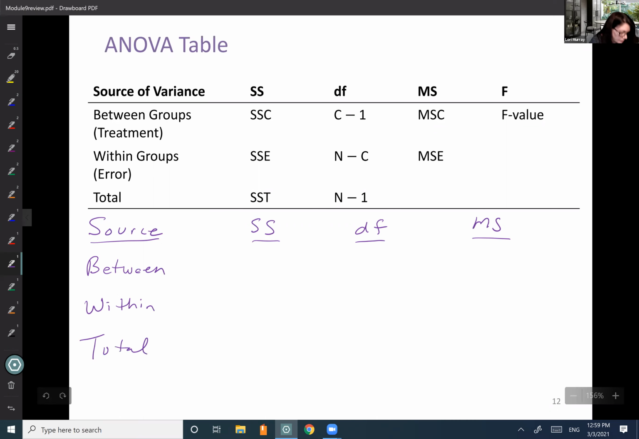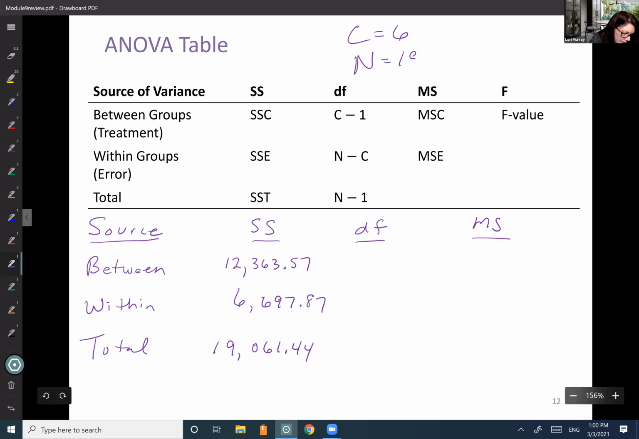The sum of the squares for between, we calculated at 12,363.57. For the within, 6,697.87. And the total, you add those two up, and we got 19,061.44. The degrees of freedom. So we have C equals 6 continents. N equals 193 countries. From that, we can figure out the associated degrees of freedom with each of the sum